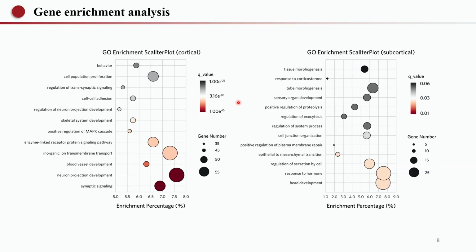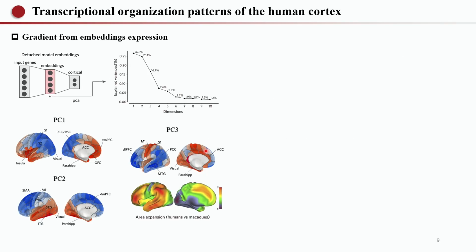At the end of training, as a validation step, we extract the gene-wise weights contributing to the network's classification. We find that high-weight genes in both cortical and subcortical regions are significantly enriched in molecules related to core brain functions, including synaptic signaling, ion transport, neural projection, and so on. This indicates that the deep neural network effectively learns representations of region-specific core functional genes in the brain.